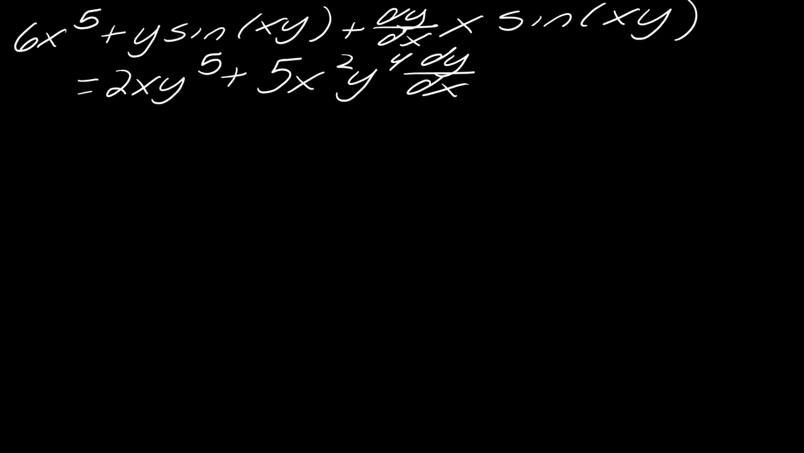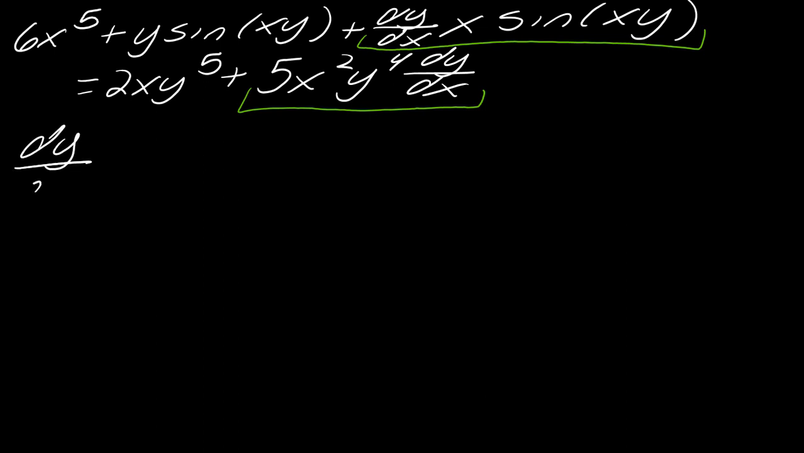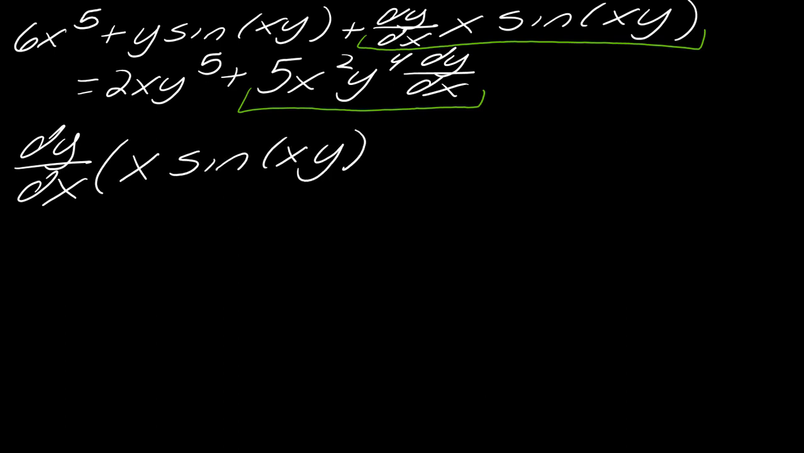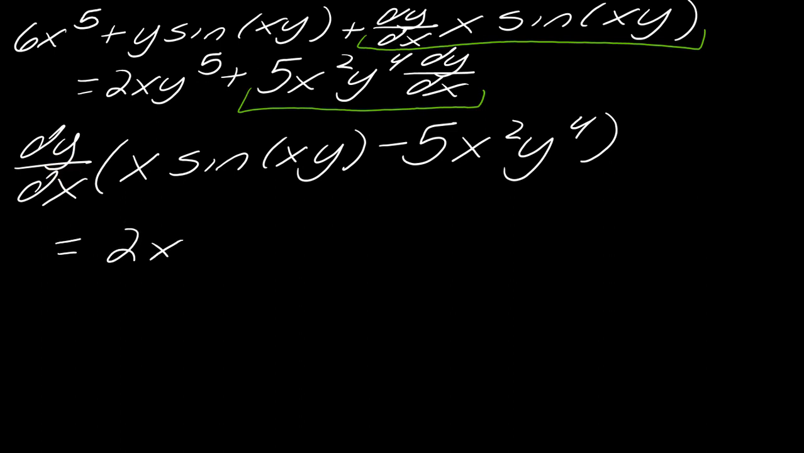So I need really this term here, and I need this term here. I need these two things together, everything else I need on the other side. So I am going to bring this term over to the other side, and these two terms I'm going to bring over. So let's see. I have dy dx times x sine of xy minus 5x squared y to the 4th. So like I said, I'm bringing this over to the other side, and I just took out the dy dx. This is going to equal 2x y to the 5th minus 6x to the 5th minus